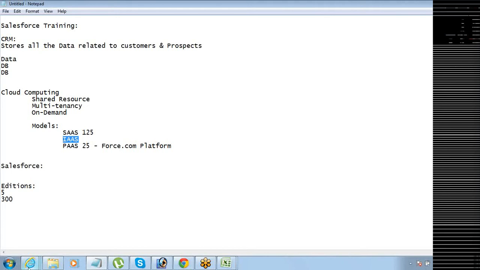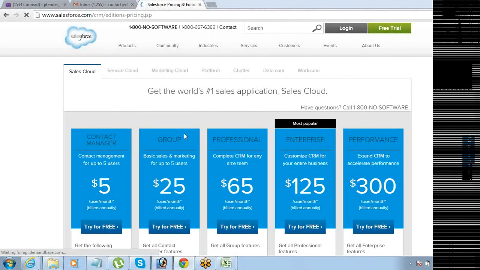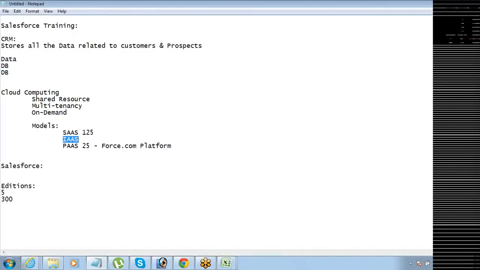So apart from all these editions, there is one more edition which is not listed here. You see Contact Manager, Group, Professional, Enterprise, Performance, and there is one more edition which is not listed here, which is called Developer Edition. Why have they not mentioned it there? Because Developer Edition is free of cost.